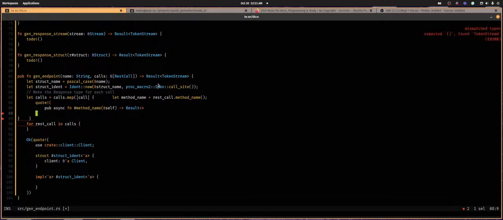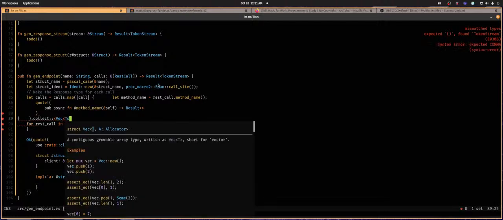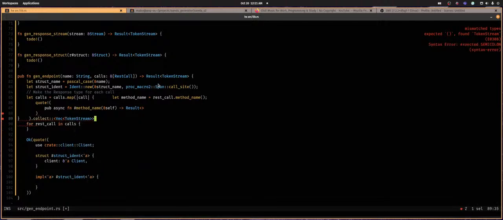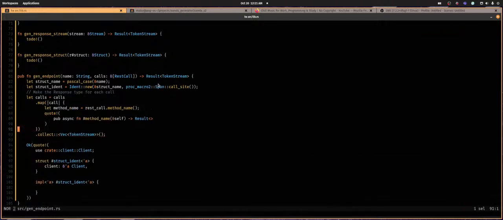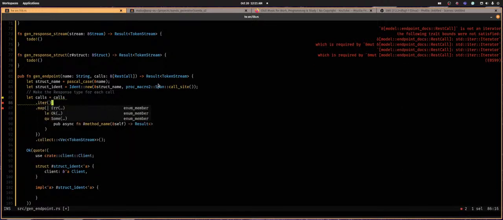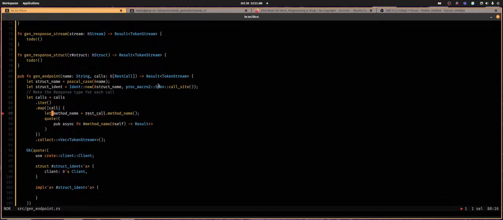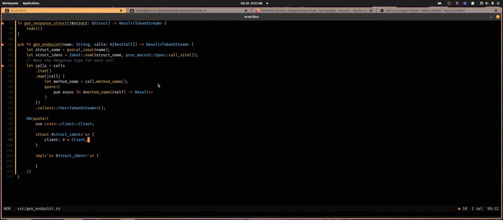And there's no, I thought there would be a result, but there's no results yet. Collect into a vec of token stream. An auto, we call format, that's great. Calls dot iter. And that becomes cool. And then we can just,